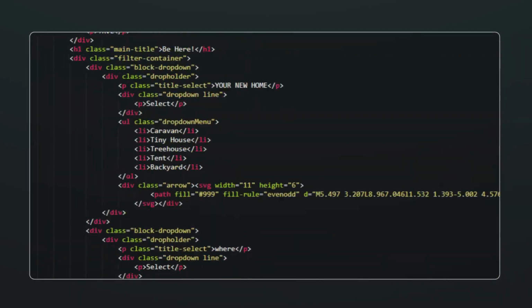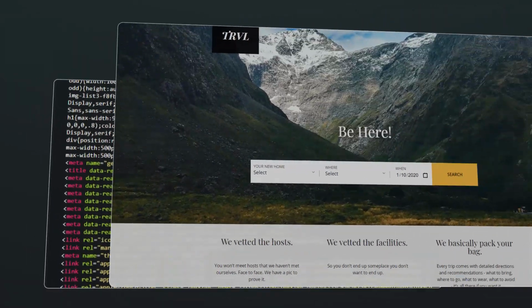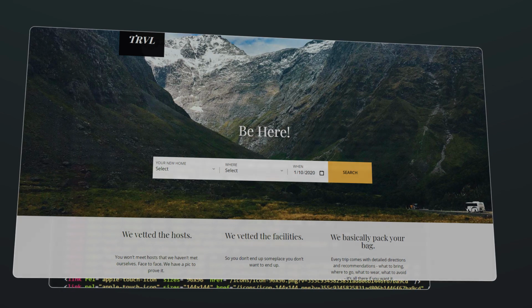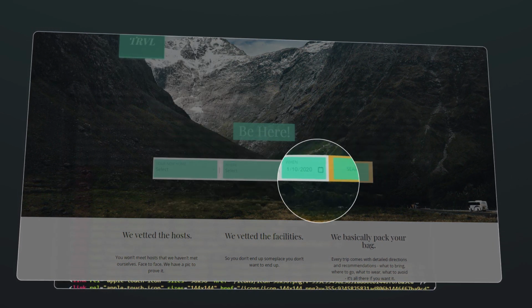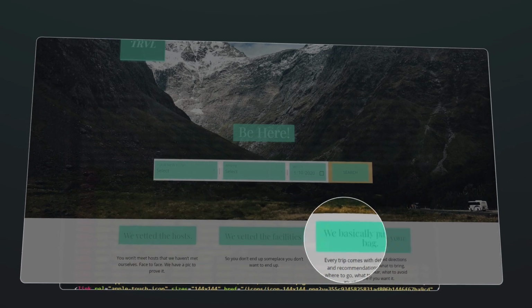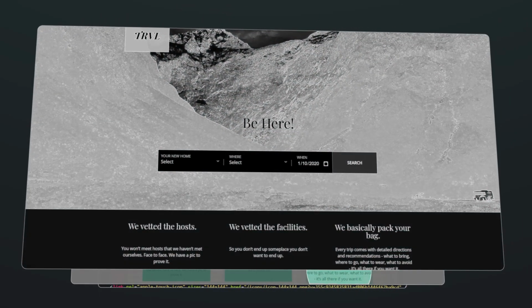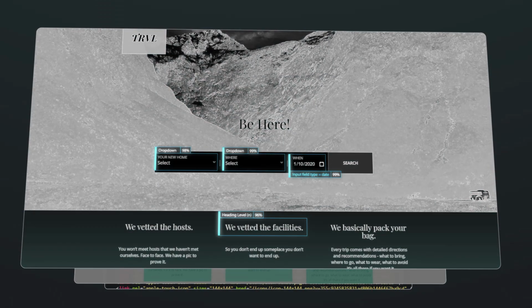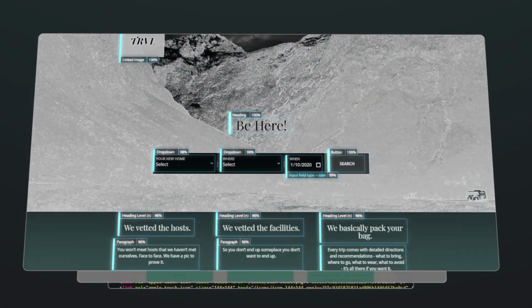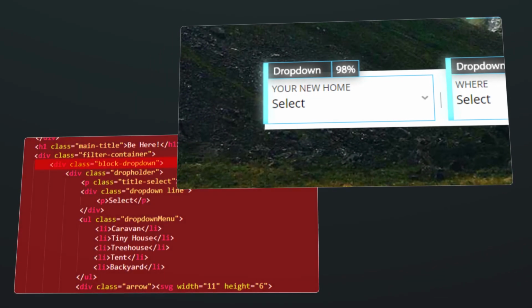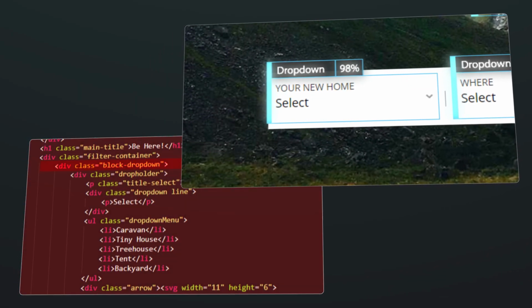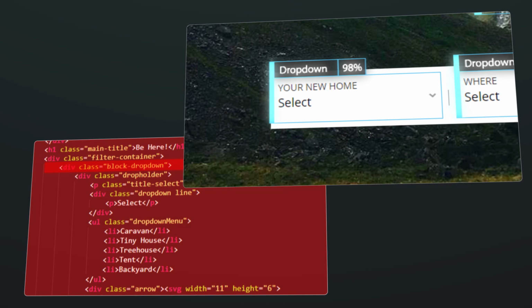Evinced does not rely only on the code to understand the meaning of elements on the page. We start by visually analyzing the UX and the UI as a sighted person would. Using sophisticated computer vision and machine learning algorithms, we identify and classify all the interactable elements on the page, like drop-downs, date pickers, input fields and radio buttons, and only then look at the code underneath to understand if it conveys the functionality correctly to a screen reader.